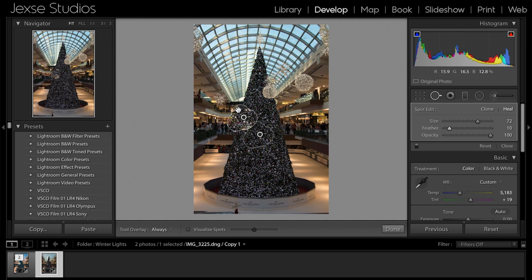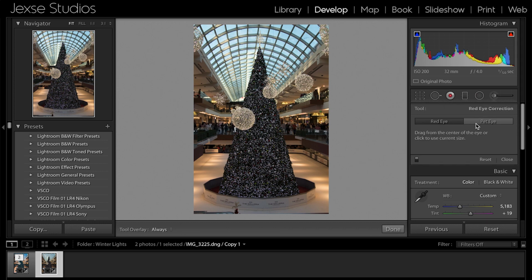So you can see we almost fixed the tree here, except for this part here. But this is just something to show you the editing process. But in this case, we don't want that. So all we do is click on that, delete, and it's gone. All right. Red eye, simple as that. If there's a pet, if there's people, humans, all you had to do is select that, and it's pretty self-explanatory,